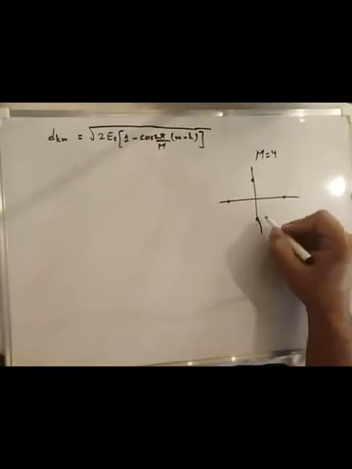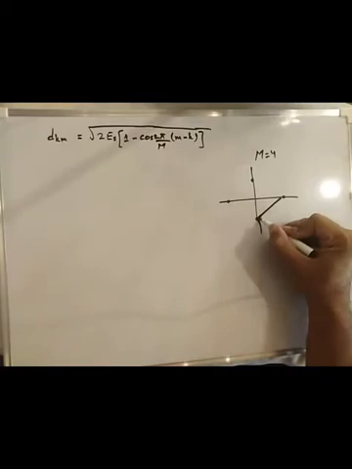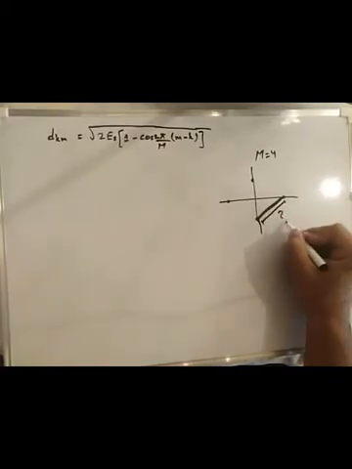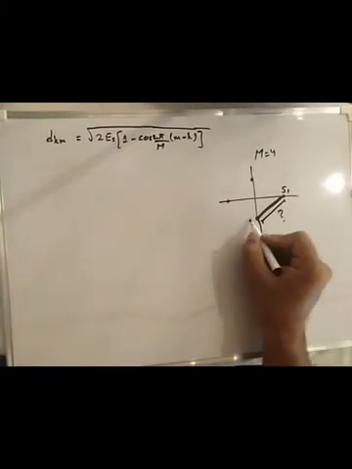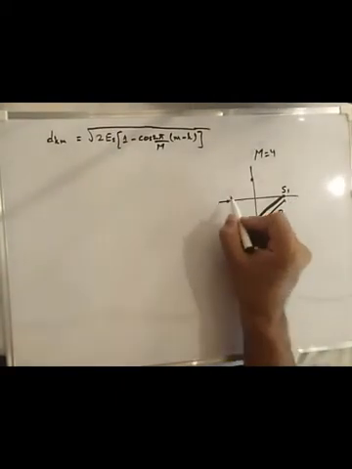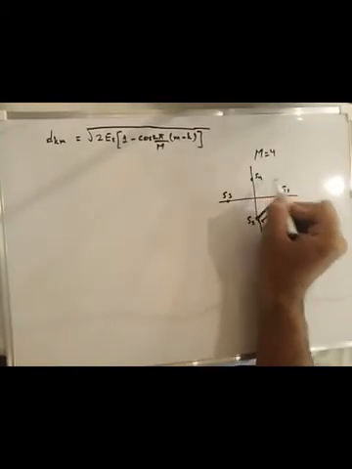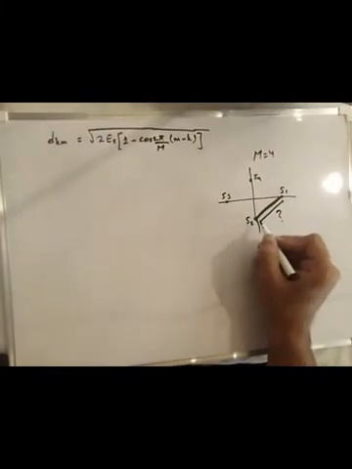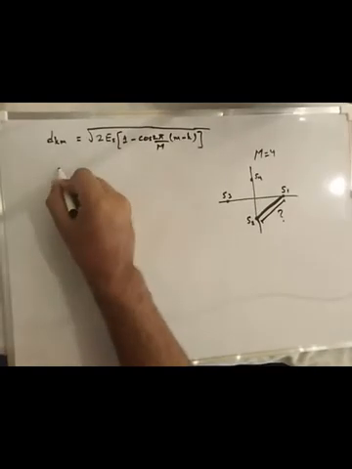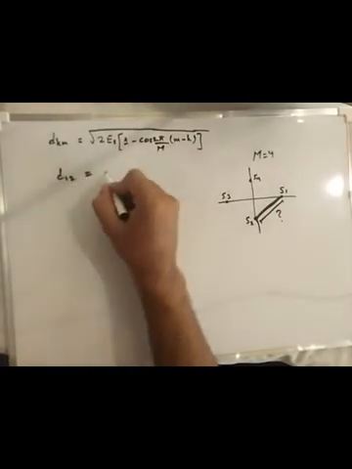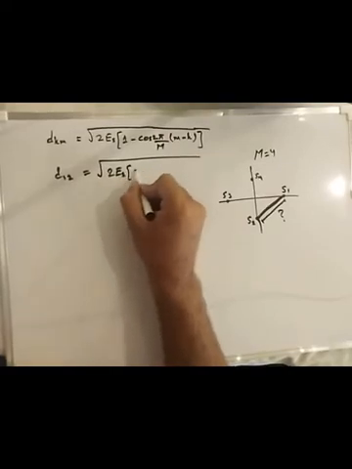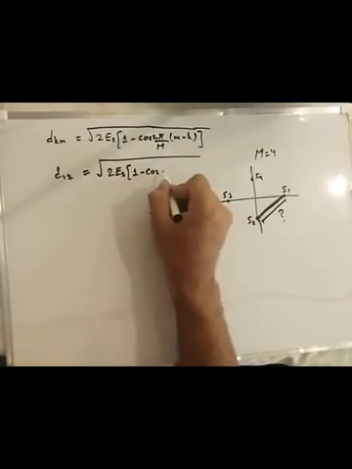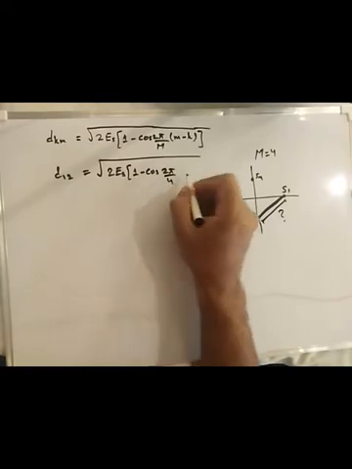And if you want to compute the distance between any two signals, say this distance, with signal classes S1, S2, S3 and S4, it will be nothing but d12, which is the square root of 2Es times (1 minus cos of 2π/4 times